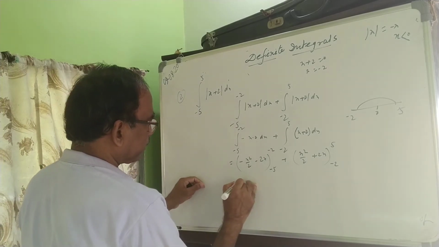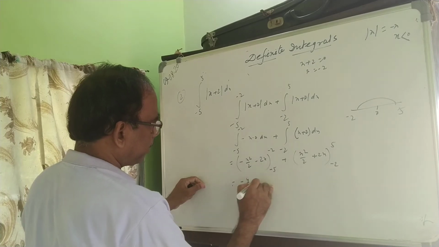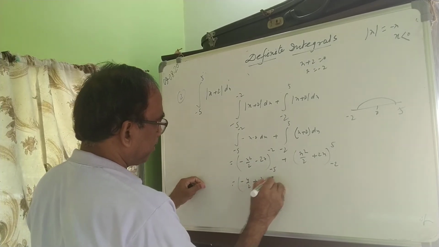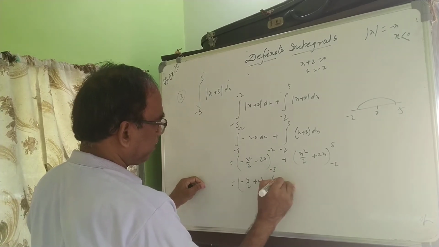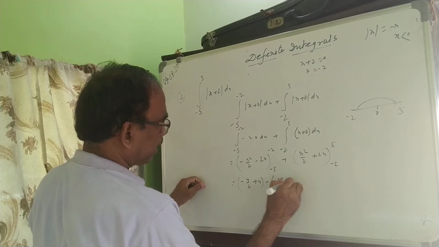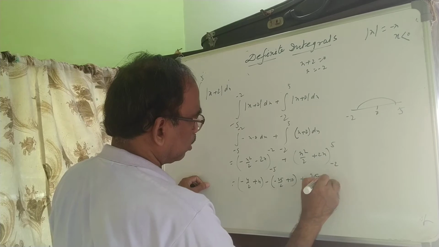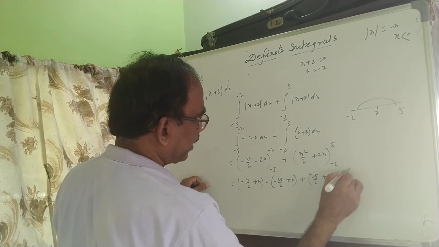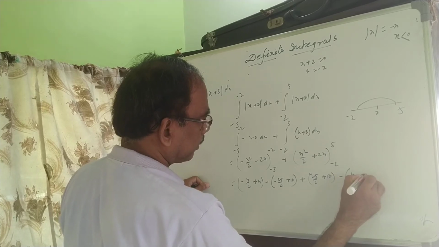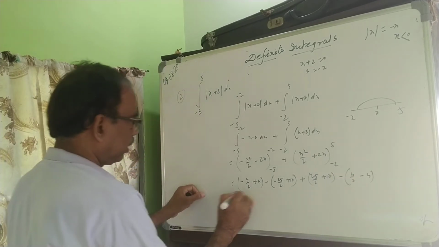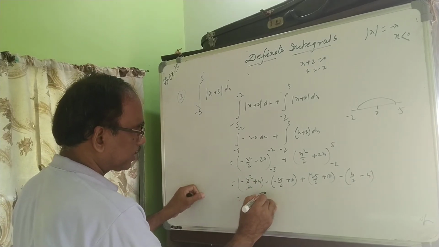First upper limit: minus 4 by 2 plus 4, minus lower limit: minus 25 by 2 plus 10. Upper limit 25 by 2 plus 10 minus 4 by 2, minus 4. Now this is 2, that is answer is 2 minus